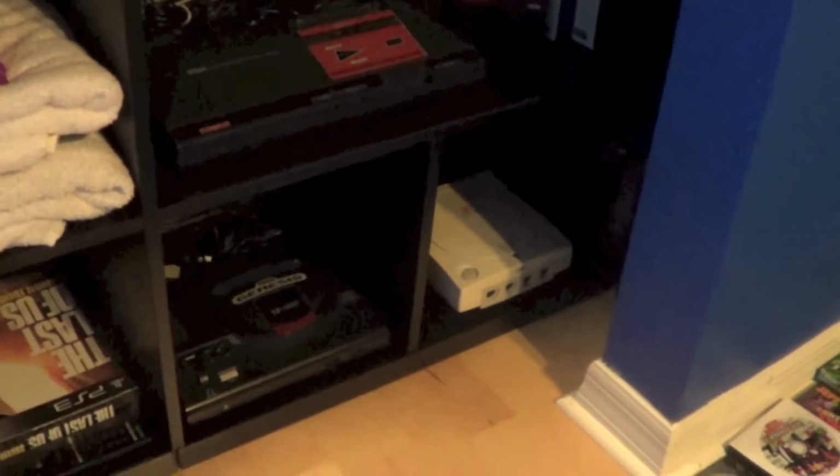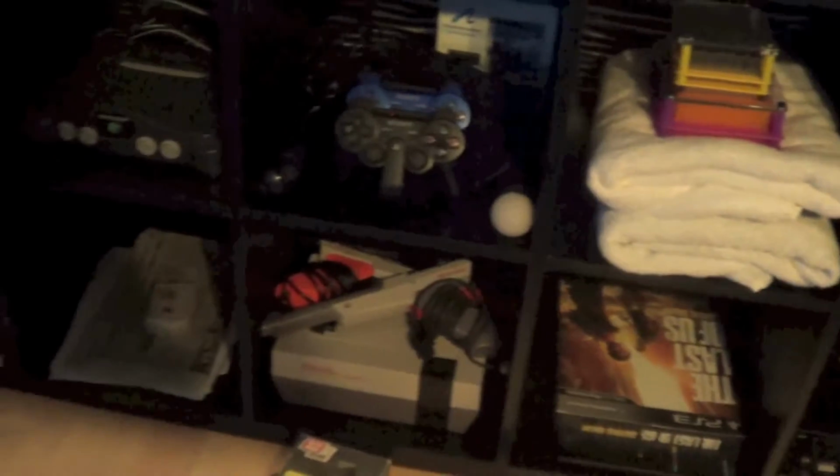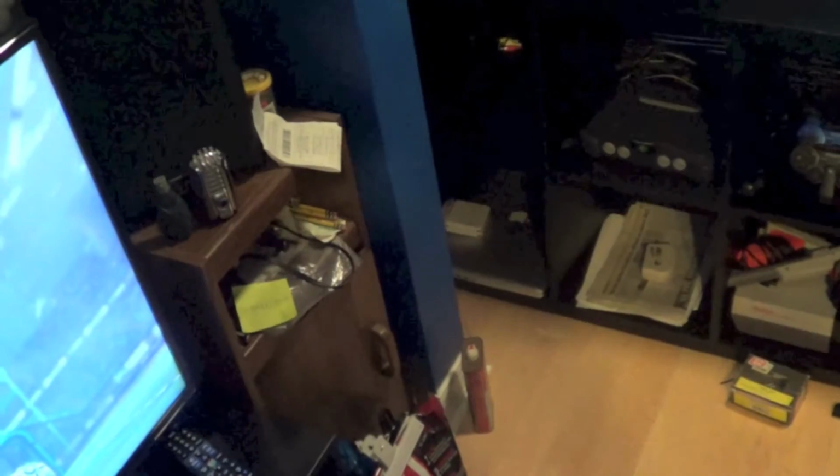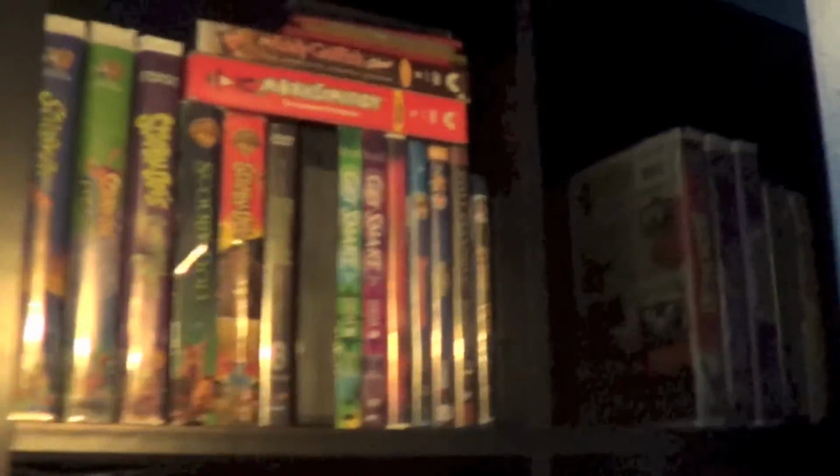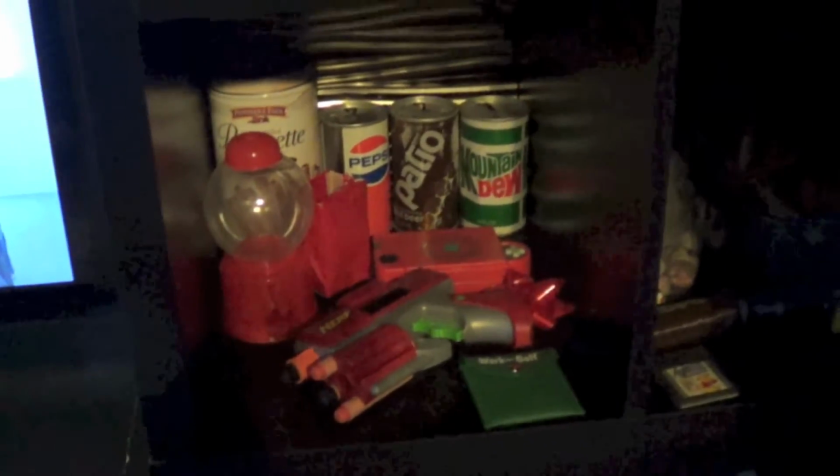I'm filming this right before leaving to the lake house. But these cubes were originally intended to be filled up with consoles. My old laptop's back there. I have two laptops because that one's actually like 8 years old or something. An RCXD, movies up top here, mostly VHSs, but some DVDs and stuff. And you see my PS3 here, and obviously all the goofy stuff, the Nerf gun and stuff. A lot of my Nerf guns went in storage though, and some backup bullets and bouncy balls. But anyways,